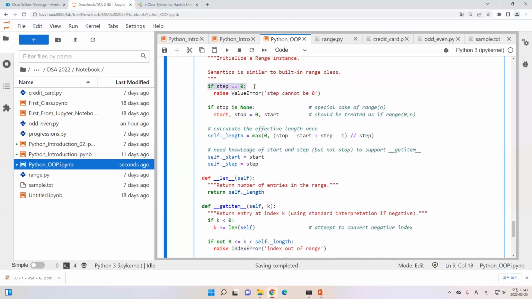If the step equals 0, then we raise. You still remember raise? Yeah, we already learned one exception using raise. It will give a message: step cannot be 0. If the stop is None,